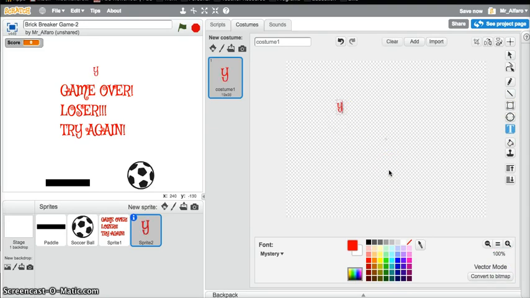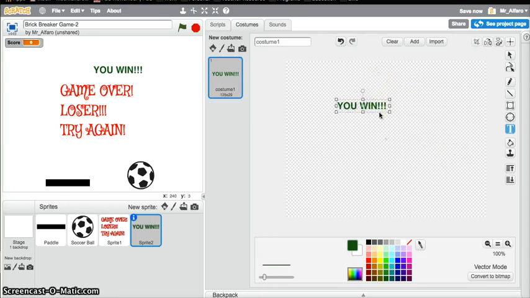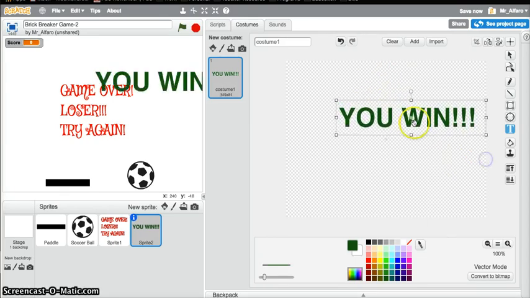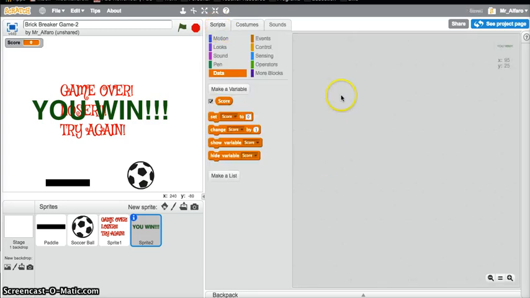I'm going to type here, you win. However, let's make this a different color. So we'll make this green. And I'm going to change the font. And I'm going to put an exclamation mark. And let's make this nice and large. So, you win. All right, now that we have that object of you win,